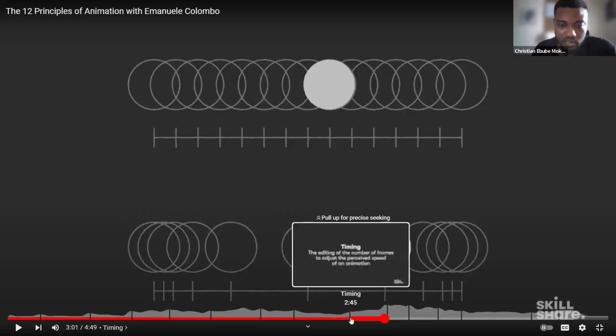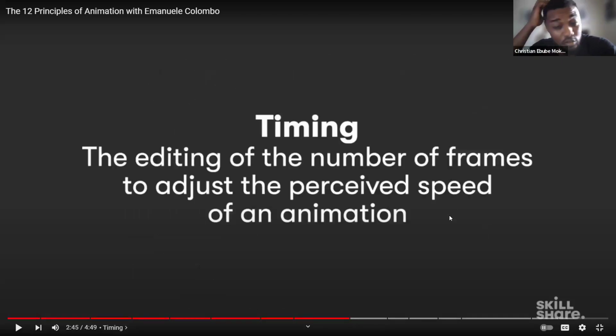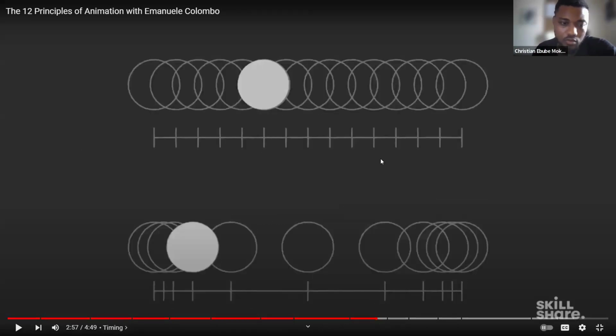So just to replay this again so you understand timing. Timing is just basically how you arrange your keyframes. For example, you can see the keyframes here are arranged. Let's say we have keyframes on frame 1, 2, 3, 4, 5, up to 15. Now I could come down to the second image at the bottom and move my keyframes backward, create larger space between different keyframes, right? That would determine how my